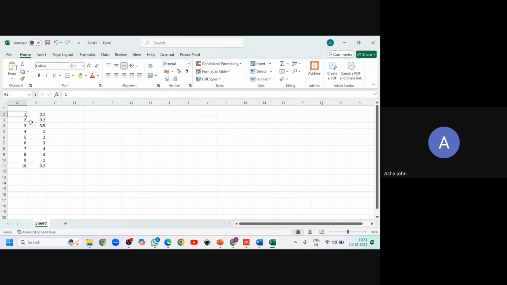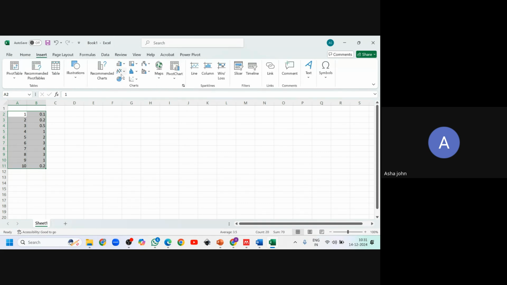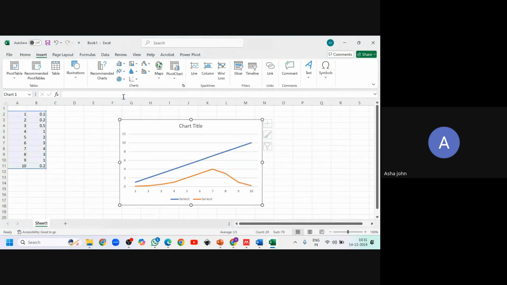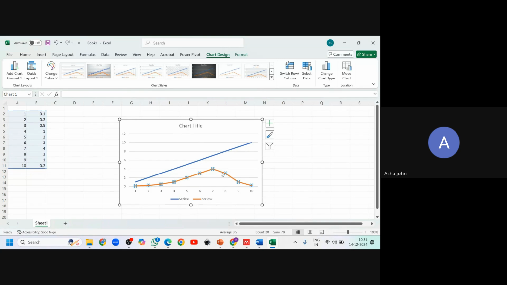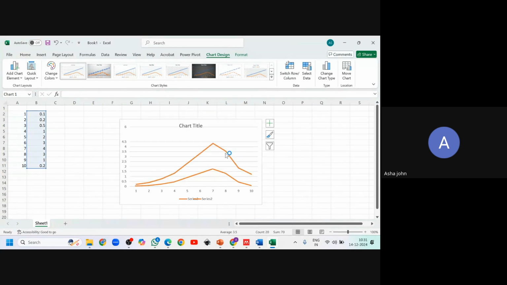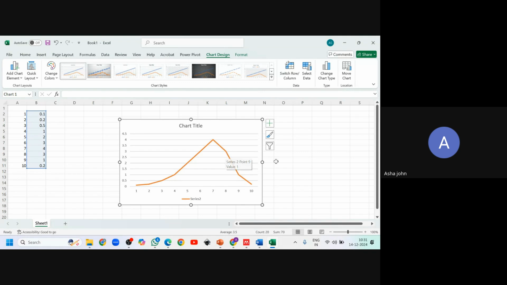So you have values like this. What will we do? We'll directly go to the chart management of our Excel, and we can directly put this.